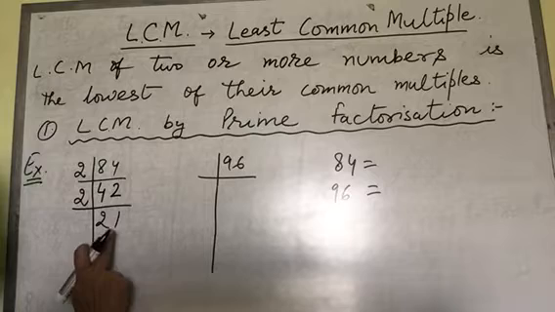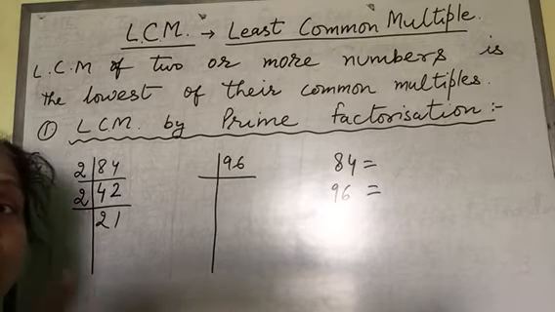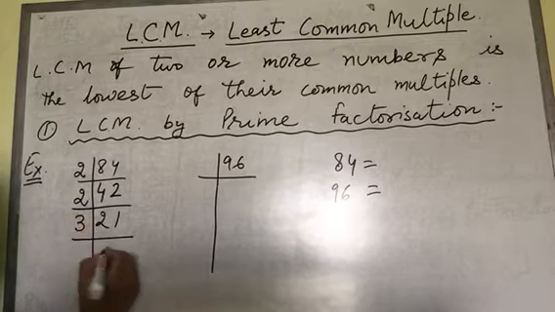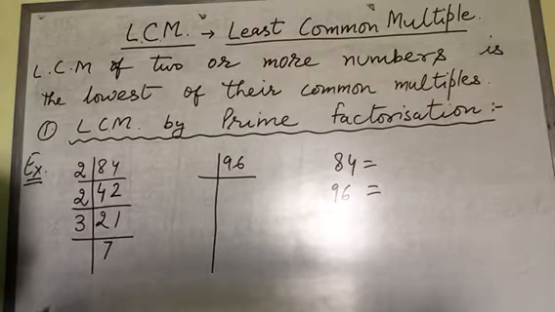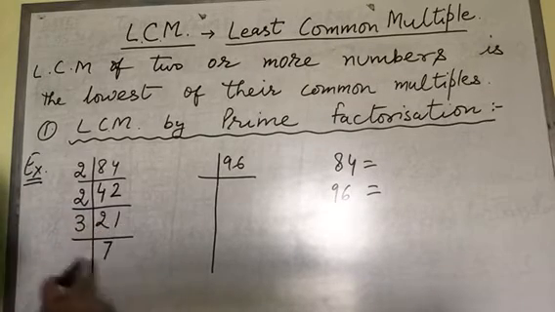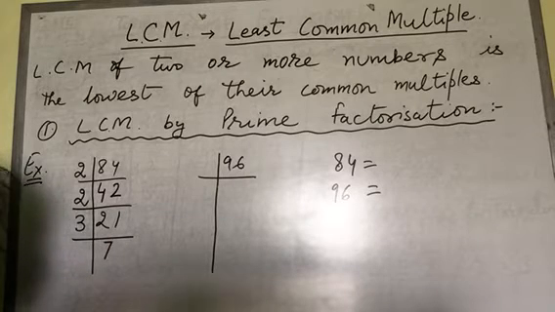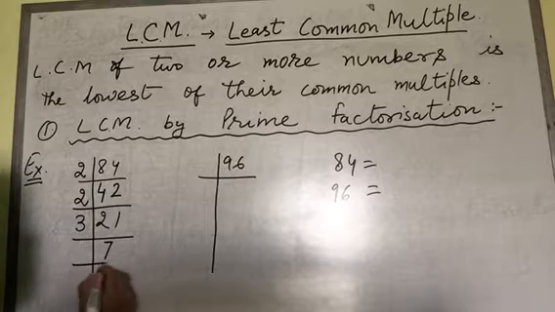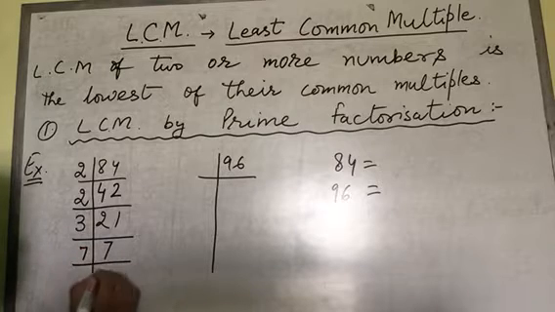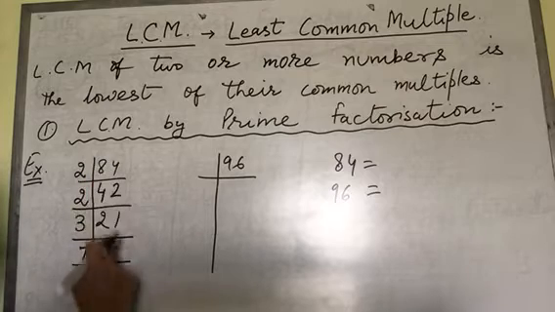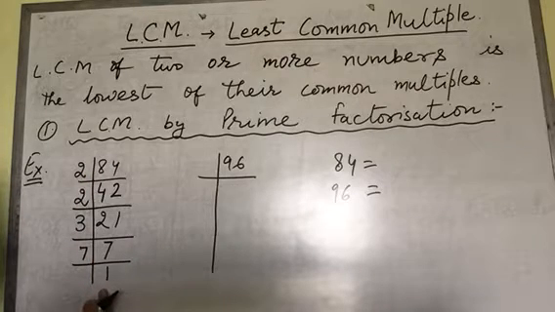So आप देखोगे ये 3 की टेबल में आता है and 3 is a prime number. So I can divide this by 3. 3 sevens are 21. Now 7 is a prime number. It has only two factors, 1 and 7. So I divide it by 7 itself. 7 ones are 7. So this is the prime factorization of 84.